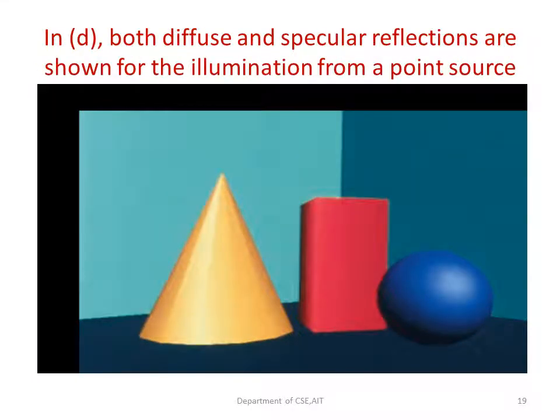In this picture, you can see the combination of the diffuse as well as the specular. Diffuse is where we have one point source as well as the distribution of the light, the spreading of the light, and the specular is where you have shininess. So here we have a combination of the diffuse as well as the specular. That means you will have a point source, a uniform light and also one pointed direction light, which will give you the specular effect.